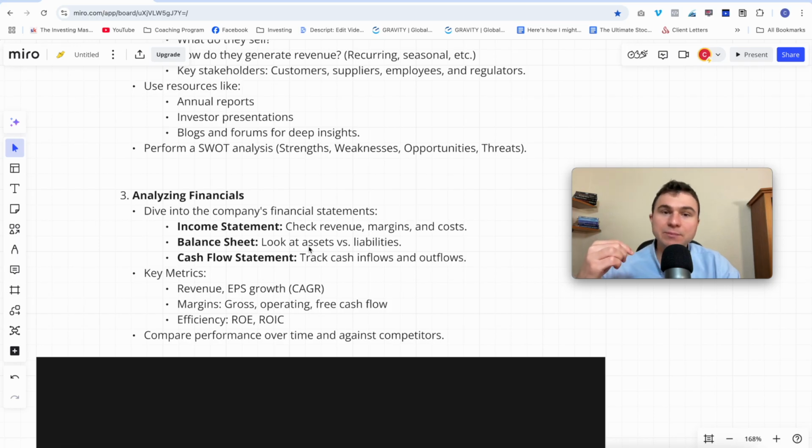I would be comfortable going deeper, for example on the debt, to check the maturities of the debt. It means when are they going to pay off their debt, either in 2025 or in 2032. And also, what is the rate of the debt? Did they borrow at a 2% rate, a 4% rate, or a 0.5% rate? This matters because debt will be a cost. You have interest expenses. And for the cash flow statement, I would check everything: inflows, outflows.